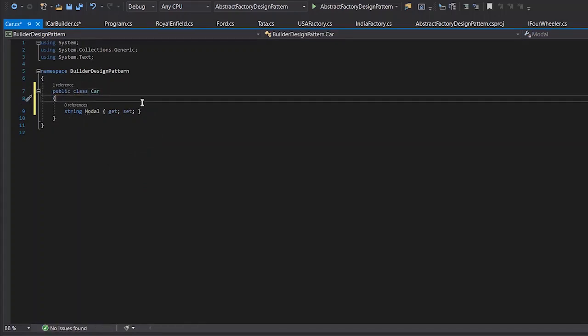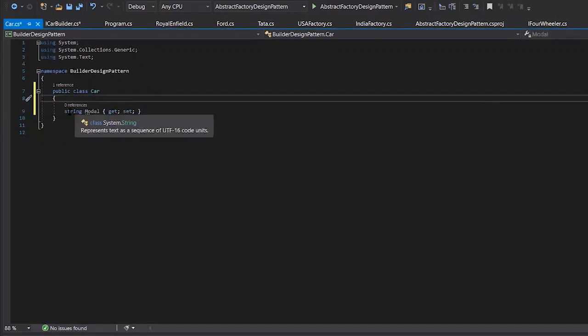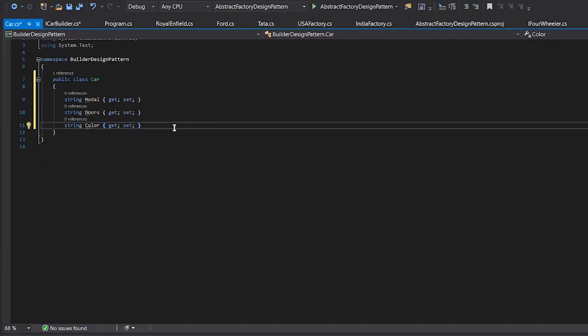Since our building steps are just the same as the assigning ones, I will directly copy them from the interface. Okay, means for this project, interface and the concrete class are quite similar, right? Not exactly. The interface has the purpose of building steps, and the car is the actual product. So how to build would be defined in our concrete builder, where we will be providing car.model equal to whatever we get from the builder, whatever we get as a configuration part.